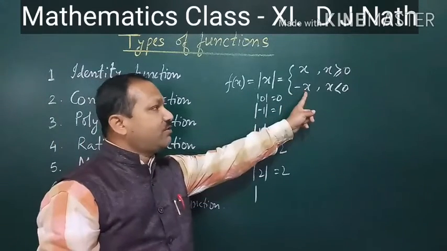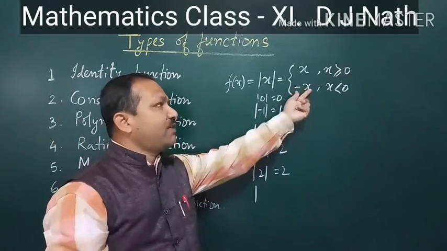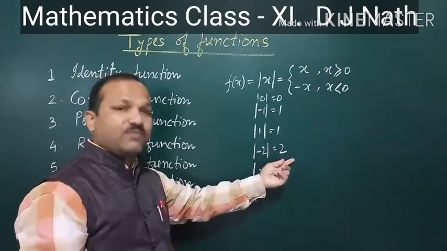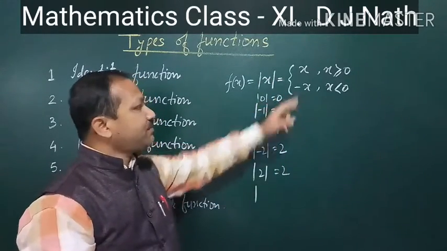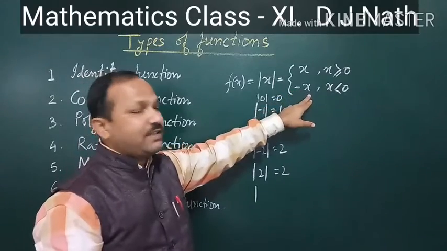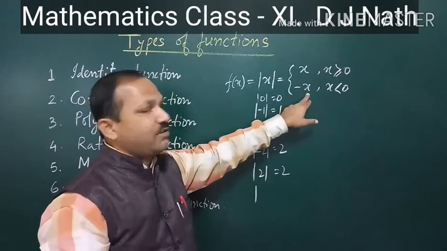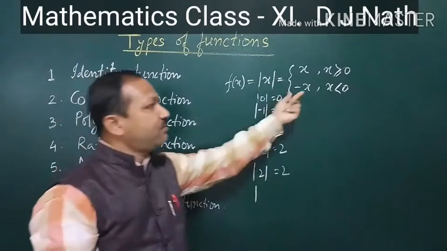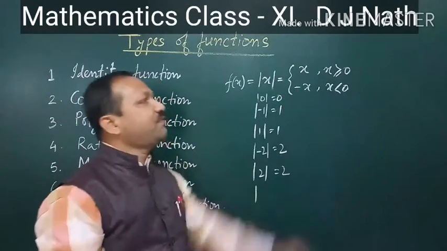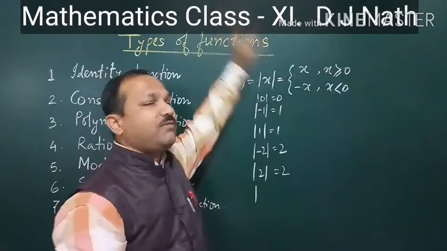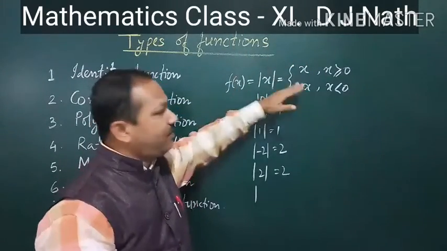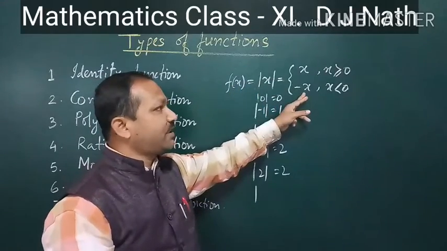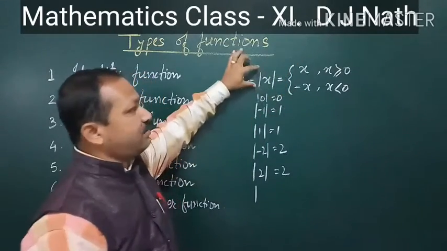Look at that. If we use, say, minus 1, then minus of minus 1 will become plus 1. We know that the modulus of negative numbers is always positive. So what will happen? Here it is minus of x. If it is less than 0, whatever values come, for the modulus it has to be positive values. So we have to write minus of x. If it is 0 or positive, it is the same value only. And if it is negative, then we have to write f of x is equal to minus of x. So both these things are there in this modulus.